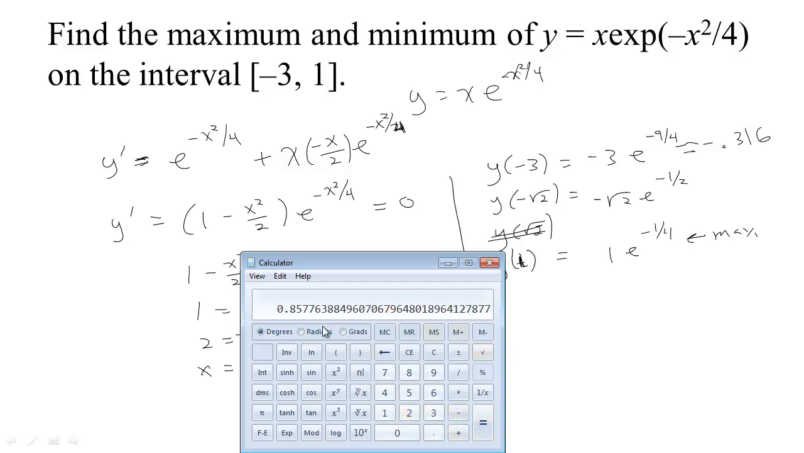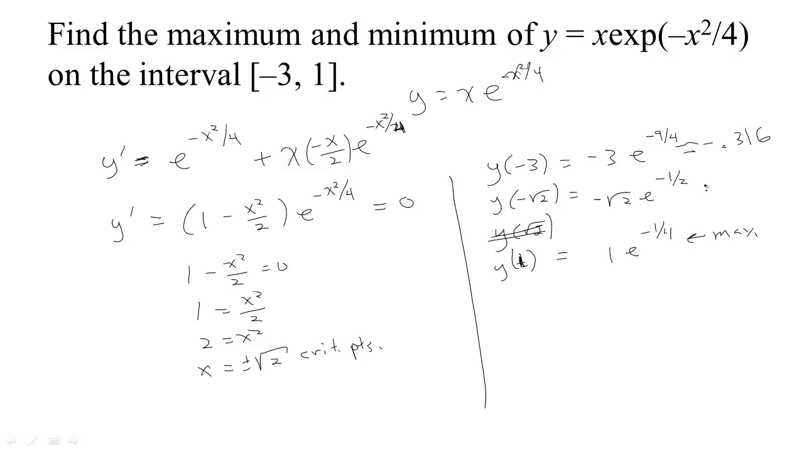Okay, so we got 0.85 in this case, and it's negative. So we have approximately negative 0.85, whereas this one was negative 0.316. So now we've spotted our minimum value as well. So the minimum value is negative root 2 times e to the negative 1/2